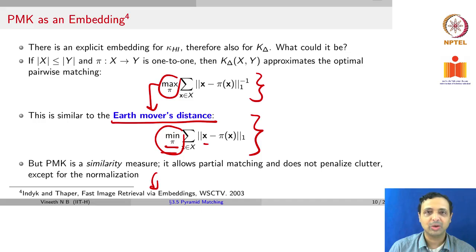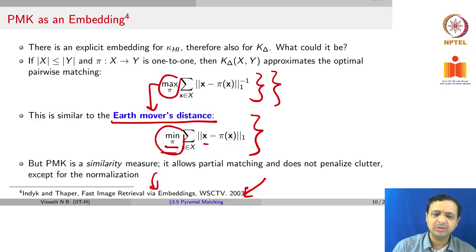But the core idea that you want to take away from here is that the pyramid match kernel defines a positive definite kernel, which makes it efficient, because a positive definite kernel that satisfies Mercer's theorem has a certain benefit in computations using the kernel trick. Also, the embedding that corresponds to the kernel can be related to the L1 distance between these X values, and this particular paper describes this in more detail. And remember that once again, the pyramid match kernel is a similarity measure like any other kernel function, and